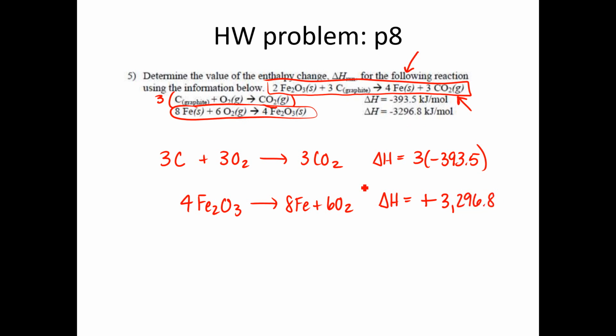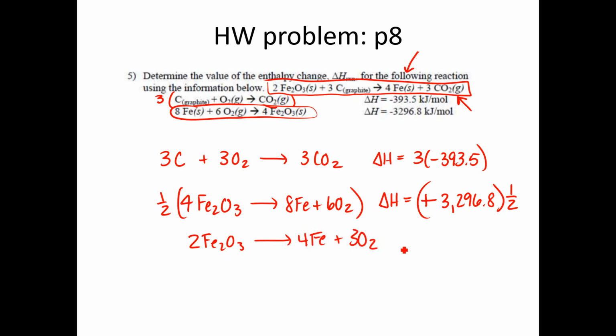Okay, so now I've got the iron on the right side, but notice I actually want 4 irons. This one has 8 irons. So I'm going to multiply all this by 1/2. So I have to multiply this by 1/2 as well. So if I do that, I'm going to write that underneath. That gives me 2 iron oxides and 4 irons and 3 oxygens. And then my delta H now is 1/2 of 3,296.8, which is positive 1648.4. I'm going to kind of scribble this one out in the middle if that's okay, so we can know